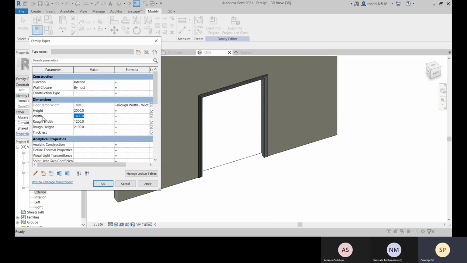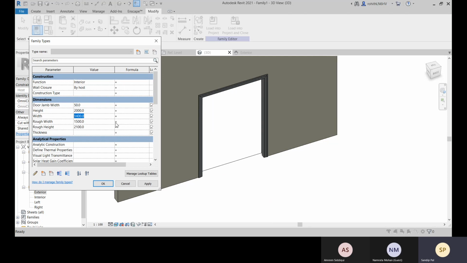So we have to make the connection with this rough width and width. We cannot change both this way. The door jamb is applicable over there.